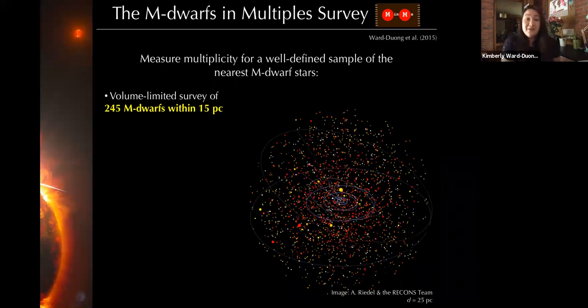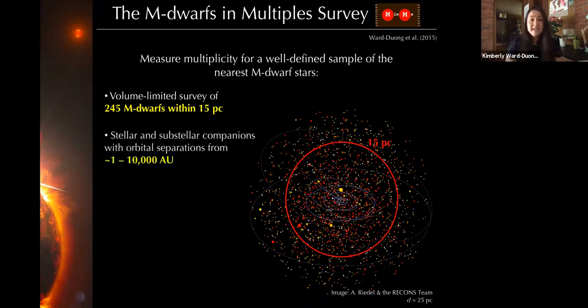So I'm going to talk briefly about the M-dwarfs and multiple survey, or M&M survey. This was an effort to characterize a well-defined sample of the nearest M-dwarfs. On the right here, we're seeing a visualization from Major Cradell of our stellar neighborhood, with the sun at the very center of this image, and these are all of the stars that are within 25 parsecs of the sun. You can see that the overwhelming predominance of them are M-dwarfs, and I'm focusing just on the closest 15 parsecs